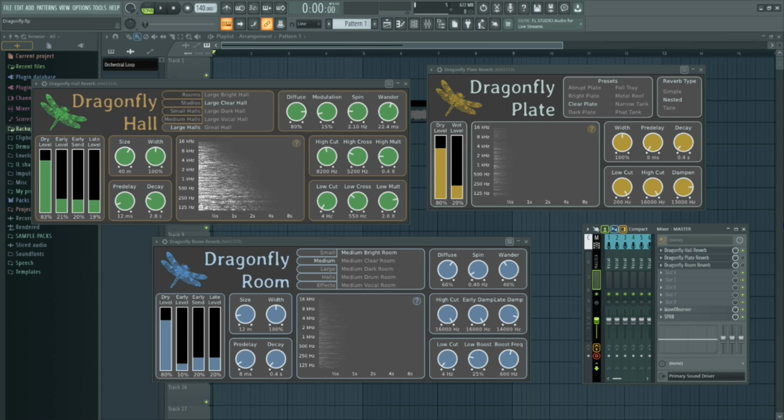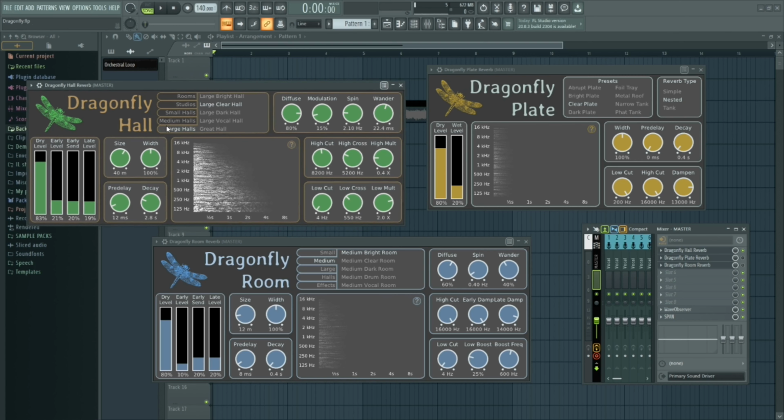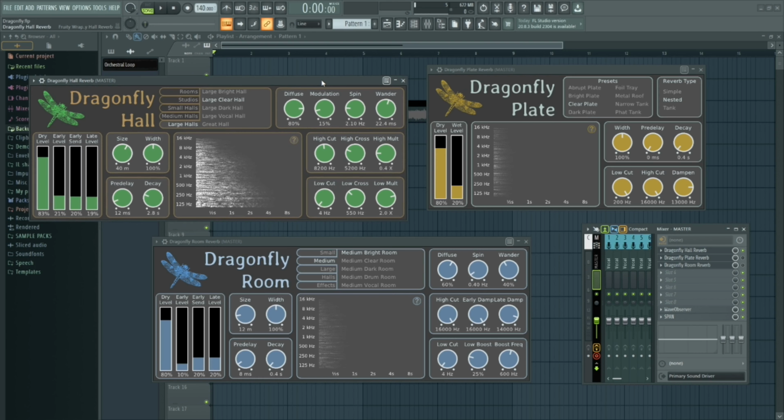The special thing about this is that each one of them is designed to create the sound of a specific space that they are offering. So the Dragonfly Hall Reverb will give you the exact hall reverb sound out of it, and same with the room and the plate. So these reverbs are really incredible.